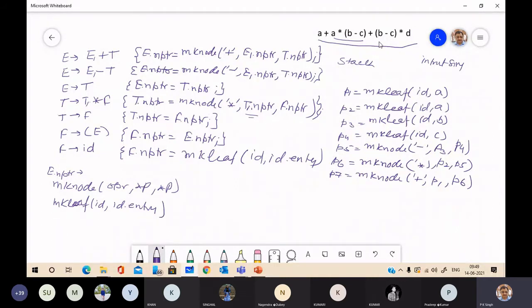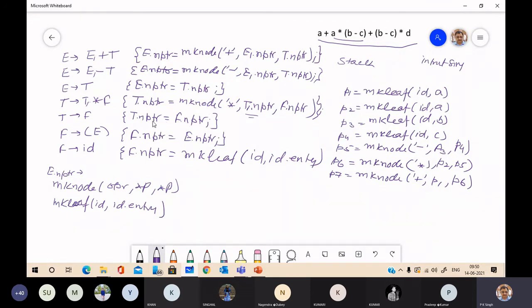Then it will shift plus, opening bracket and B. When B is shifted, it will be reduced to F. In the intermediate step, it will do the assignments: when F is reduced to T, T.PTR is F.PTR.